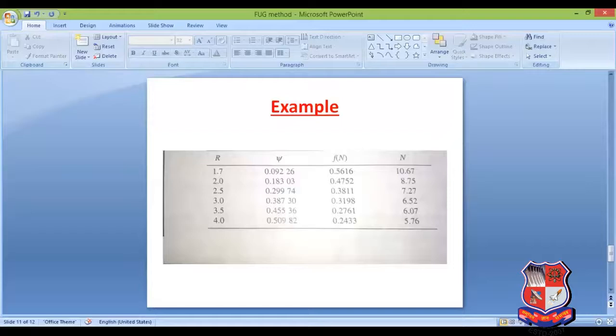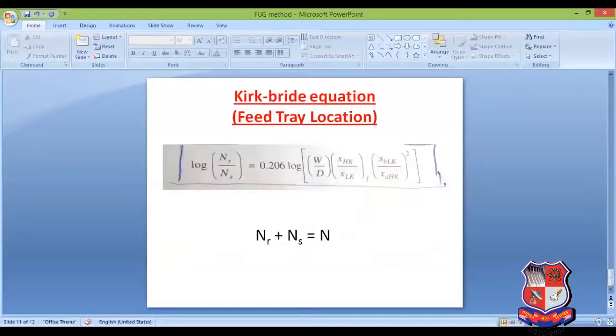So that's why I will say that my actual reflux ratio will be R equal to 3, and N will be 6.52, nearly equal to 7, right? So this will be my R required for the desired separation, and this will be the number of theoretical stages for the desired separation, right? So this is my suggestion to you: just use your calculator and try to solve, right? Okay.